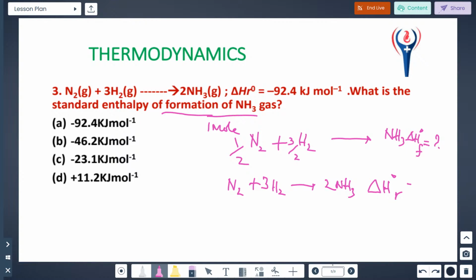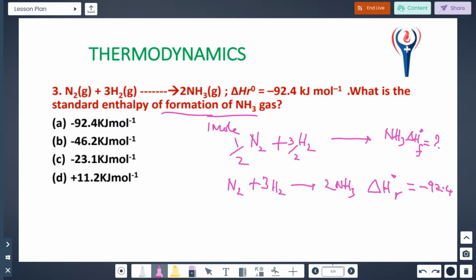Okay, so this value is given: minus 92.4, the value is given. Now we have to find out only 1 mole here. Listen, when 2 mole of ammonia is formed, this much energy is involved. Therefore, how much is for 1 mole formed? You just compare like that. If you want to get 2 mole of ammonia, this much energy is needed, or this much energy is